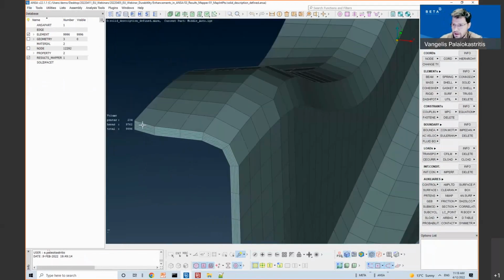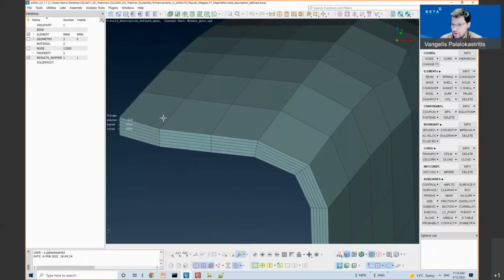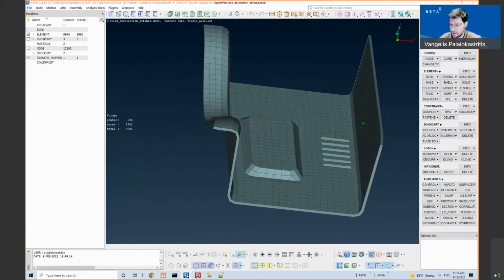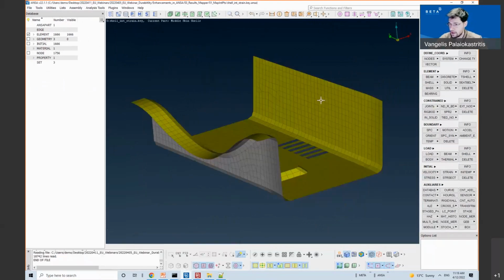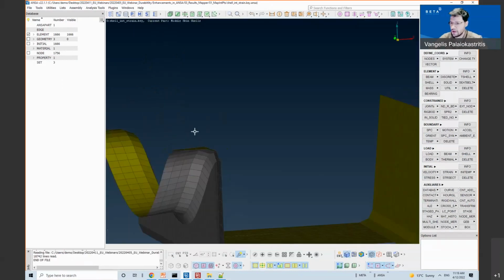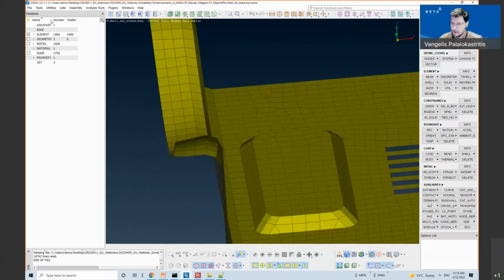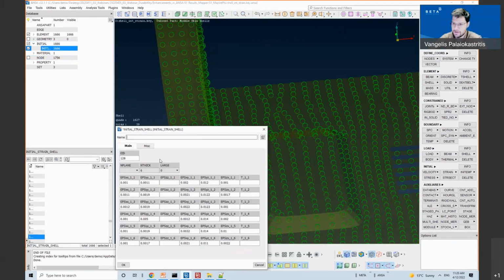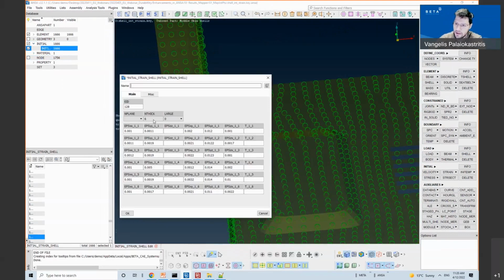I have some rows of solid elements, and what I want is to map the initial strains from a Dyna cell model, where I have the initial strain defined through the thickness into 6 integration points through the thickness.